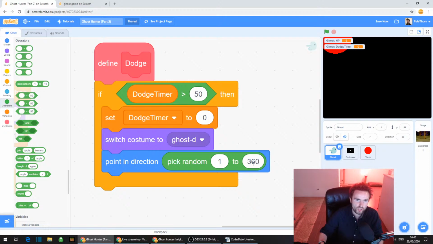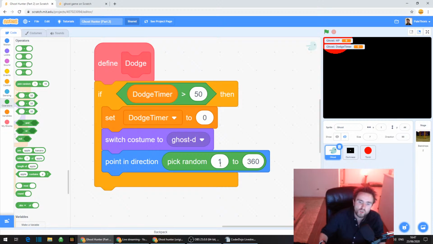The way that Scratch does degrees is a little confusing. Well, not confusing. It basically says all the degrees on the right side of all the directions that you can be, that's 1 all the way up to 180, and the other side is -1 all the way down to -180.